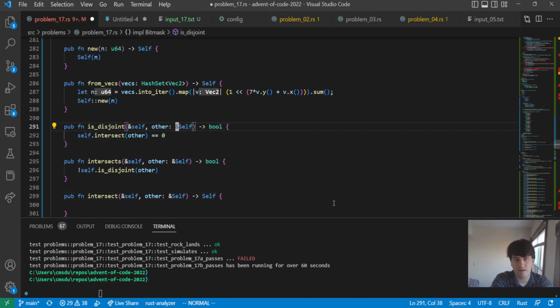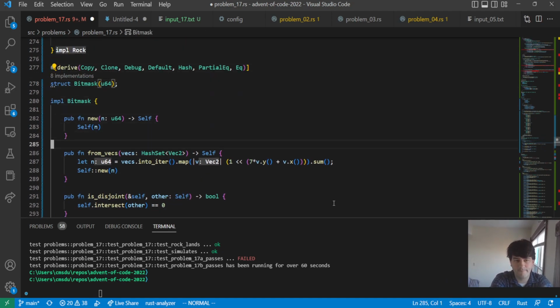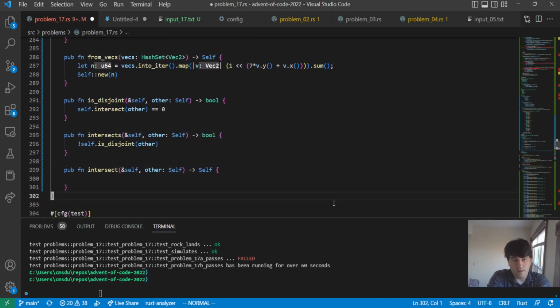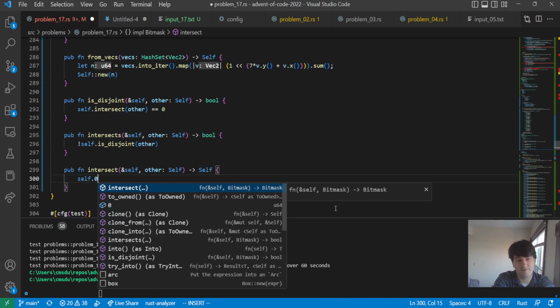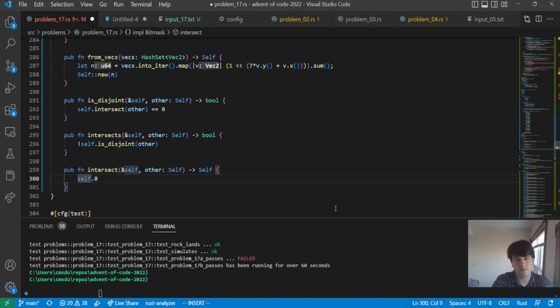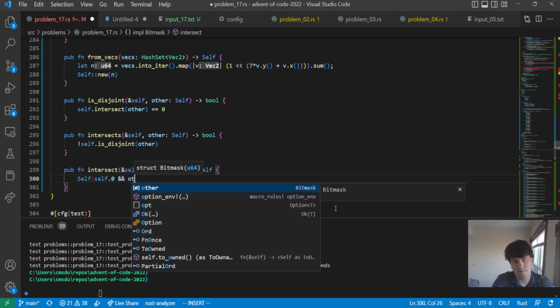Also, these are copies, so they don't need to take references. Yeah. And intersect is just ampersand. So self.0 and other.0,